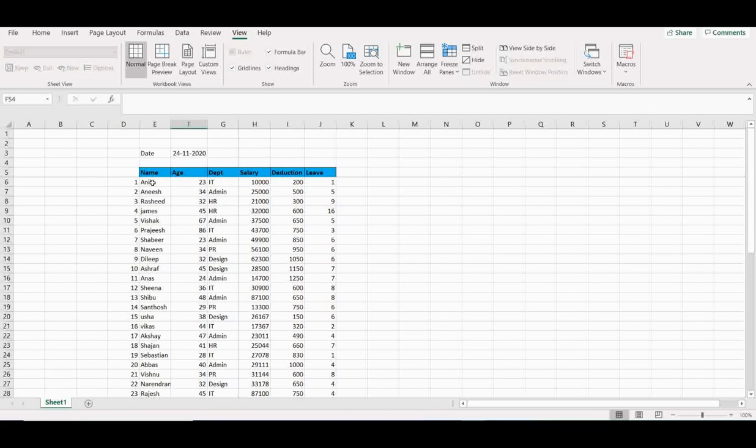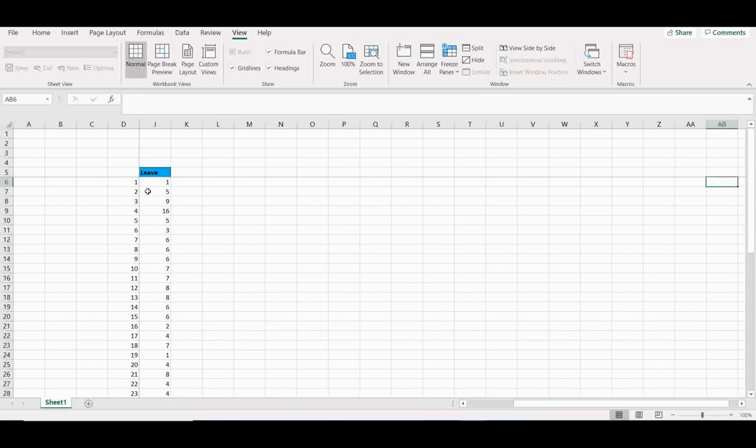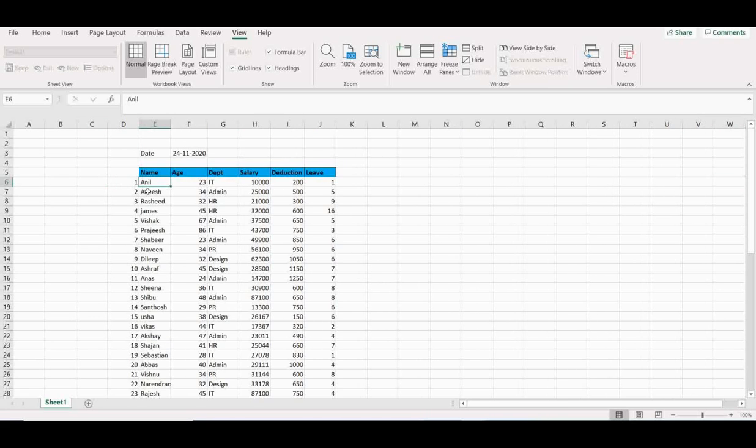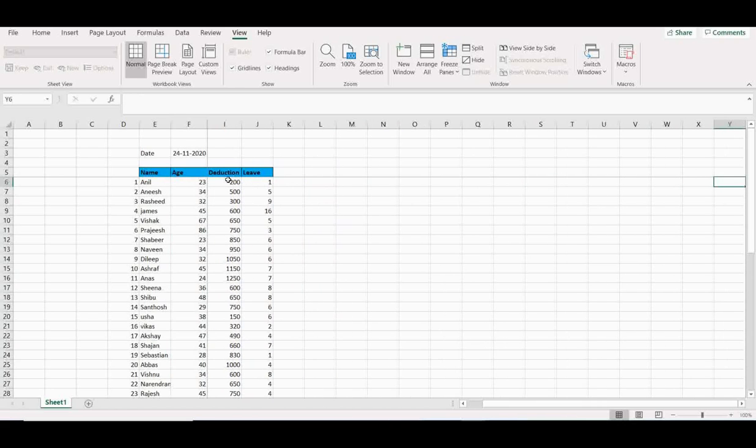If you place the cursor over here in the name column, just below the name section, and click on freeze, you can see that the column towards the left of this cell will be frozen. If you go this way, you can see that the left column is also frozen apart from the top row. If you place it over here in the age column and click Freeze Panes, you can see that the column from the age will be frozen. If you take your cursor towards the right, you can see that the name and age have also been frozen. So in this way you can freeze